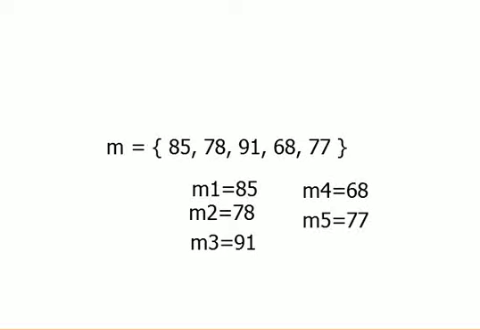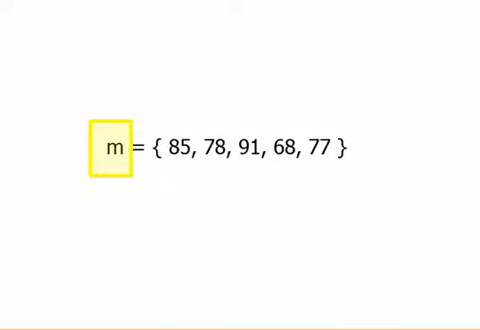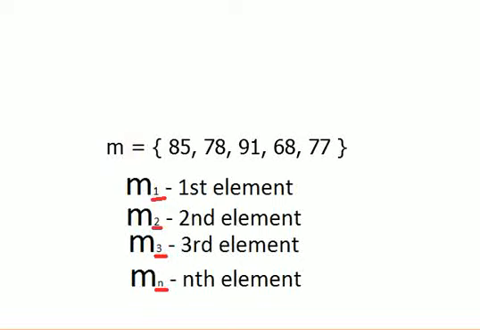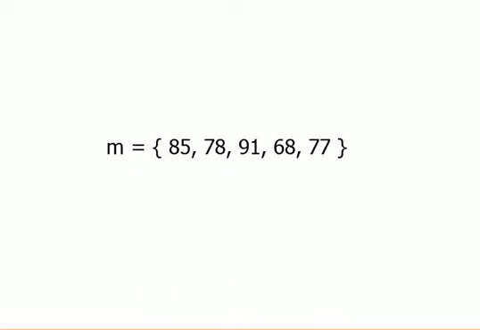If you look at the set again, set of marks obtained by students can be referred by a single set name, which is M. And then individual elements is referred by a subscript along with the name of the set. That is how you can refer to find marks obtained by students by just adding the subscript M1, M2, M3, M4 and M5. This concept is exactly applied to array in QBasic and other programming languages as well.